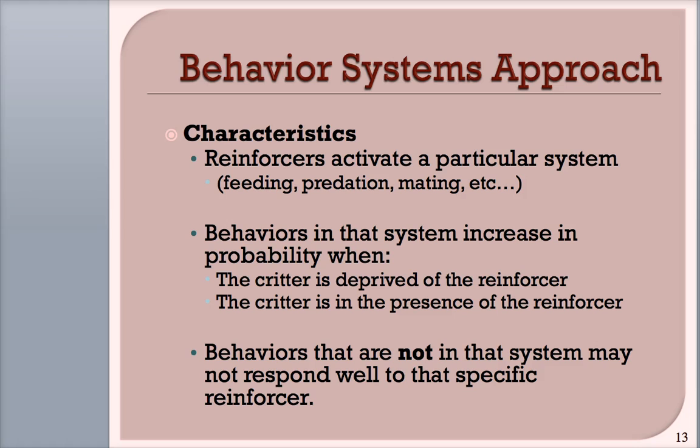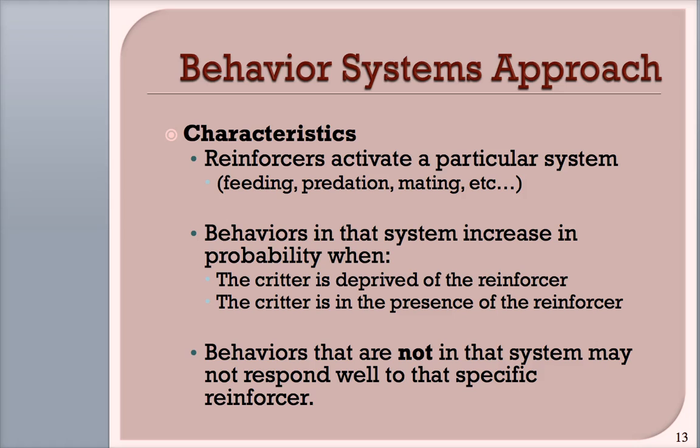If you take a male three-spined stickleback fish and present him with another male, there are behaviors he's going to engage in. He's going to become aggressive, he's going to bite, and so trying to get him to engage in other kinds of behaviors is going to be difficult because he's going to have this territoriality and aggression system that's kicked in. Predation is another one. So there are different systems, and different behaviors in different systems go together.